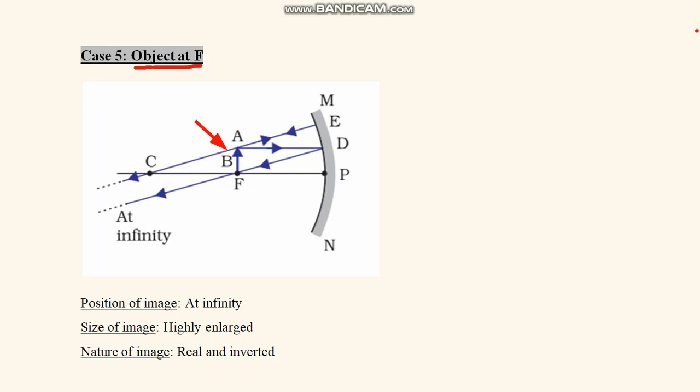A ray of light starting from point A and parallel to the principal axis passes through the focus after reflection. Another ray starting from point A and incident normally on the mirror retraces its path after reflection. That is, they get parallel after reflection. So in this case, the image is formed at infinity. Image will be highly enlarged forming at infinity, though we can't see it, and image will be real and inverted as well, since it is forming by actual intersection of rays at infinity and it is forming in front of the mirror.